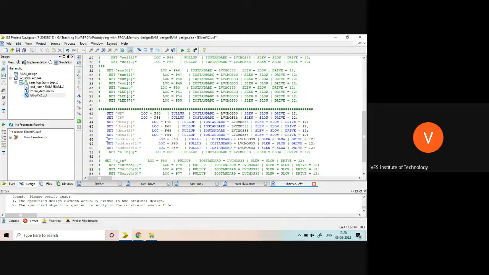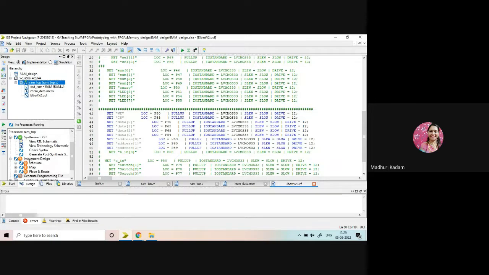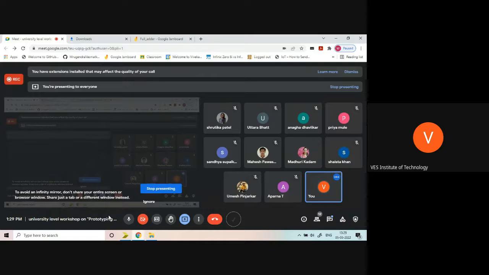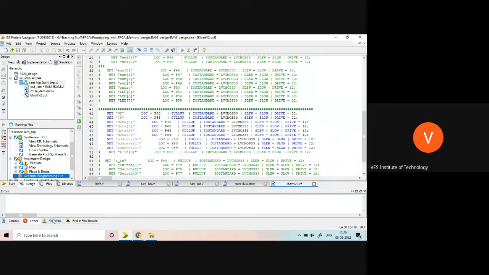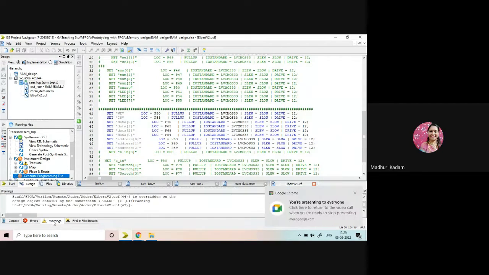Generally, madam, nowadays the situation is that everything is available on the net, so nobody actually cares about giving it. So if I search on the web, can I get it? Yes, madam, for Xilinx Spartan 3 it is possible to get it. There is one website I will share later where you can download all the UCF files. Most of the codes are there. Okay, please share that link in the chat box.